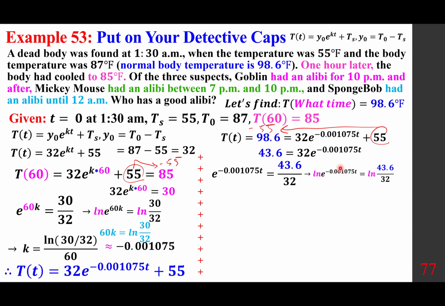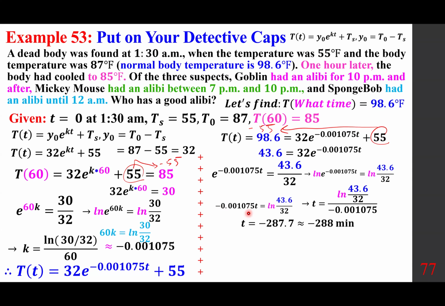The left side just becomes the exponent. Find t by dividing the right side by the coefficient of t, namely negative 0.001075. Put that into a calculator: negative 287.7, roughly negative 288 minutes, meaning